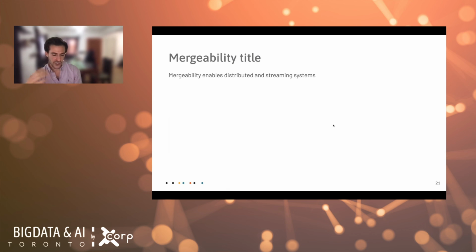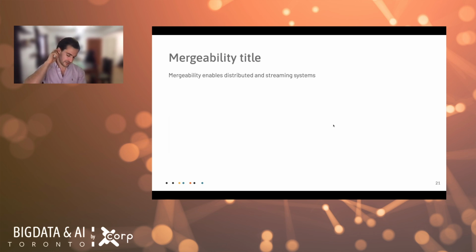Now, these distributed systems inherently are going to be producing more logs, right? You're going to be producing logs for every node in the network. In the case of deploying a machine learning model, every place that the model is deployed, you're going to need to generate some logs there. So the ability to merge together the profiles from these different sources enables us to analyze the system as a whole instead of analyzing each log individually. Basically, mergeability enables us to not mistake the forest for the trees and really analyze the forest as a whole.